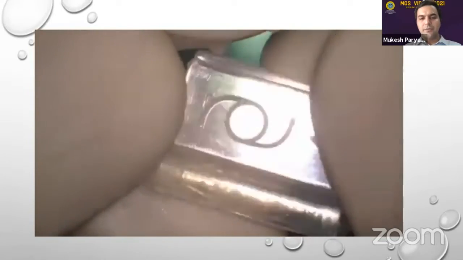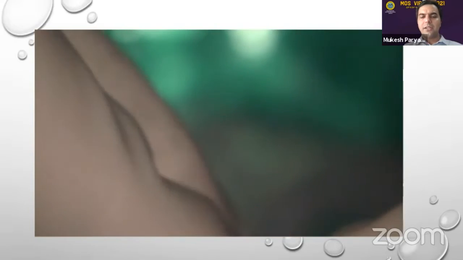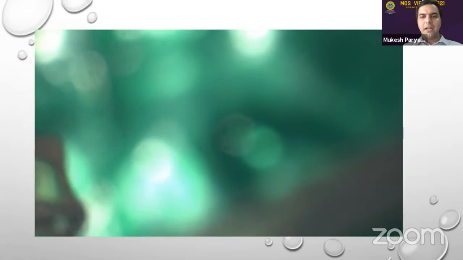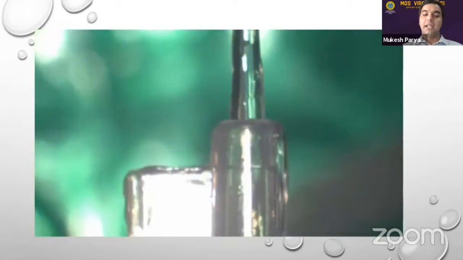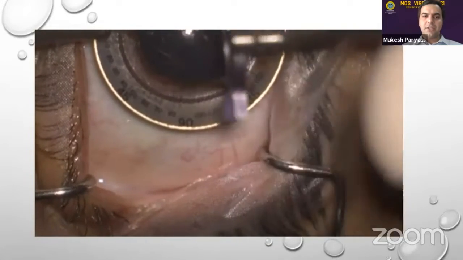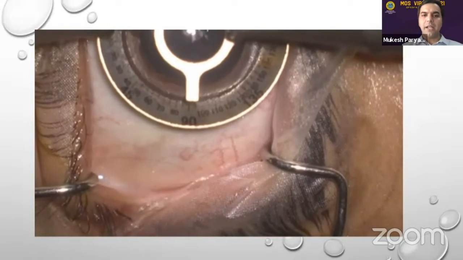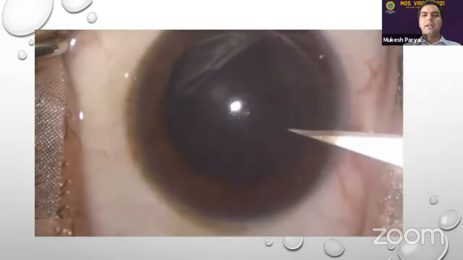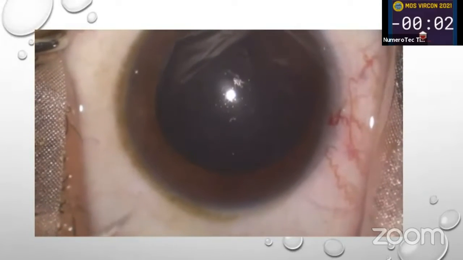Now we make sure that the haptics are not stuck in the butterfly cartridge hinges. So we make sure all the loading of the phakic IOLs is always done under the microscope. Then we move on to the actual implantation. This being a toric IOL, toric phakic IOLs are always implanted at 0 and 180 degrees. As I've always said, you have to be very parallel to the iris, go in and come out.